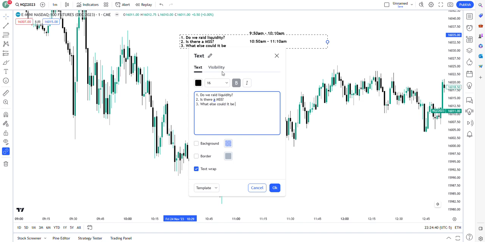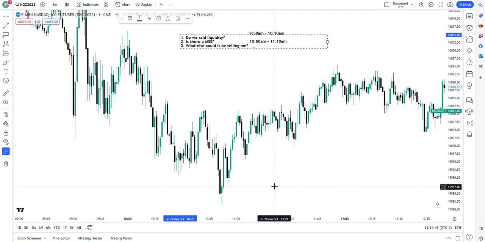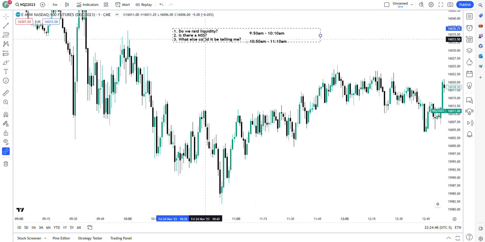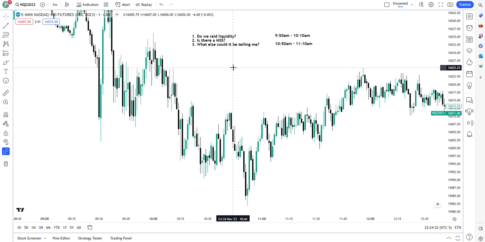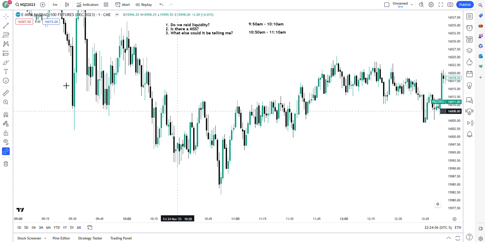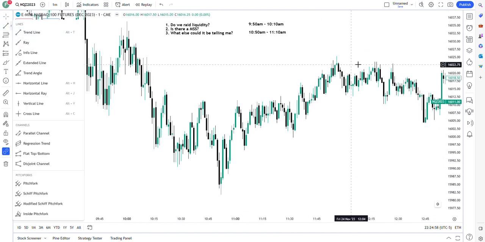So these are the 3 things I asked myself in a macro, because I'm using macros to kind of frame trades a lot of the time. Like if I can get a setup to form in that macro period, it's going to be great, especially if there's multiple confluences and I've got a clear draw on liquidity. So let's start from Friday, right? Now the first macro, working our way back,